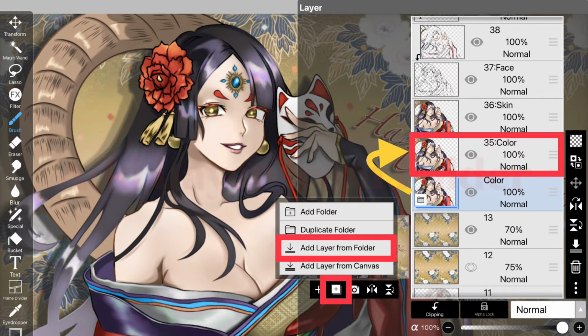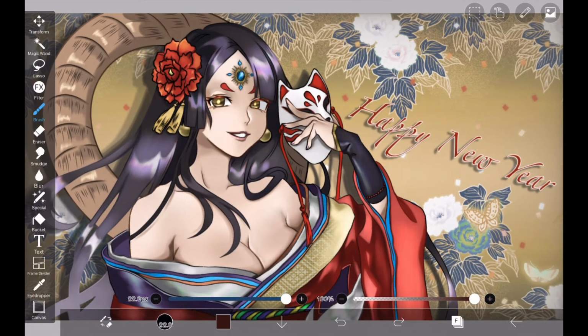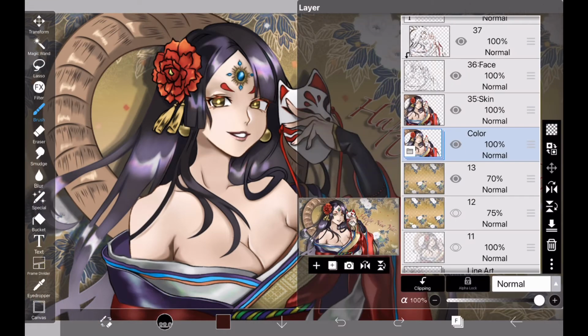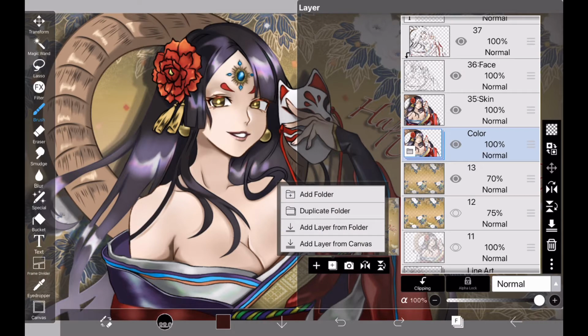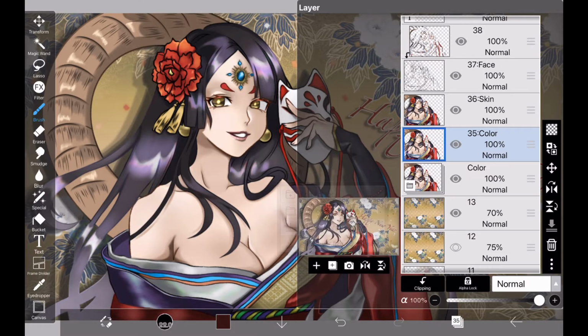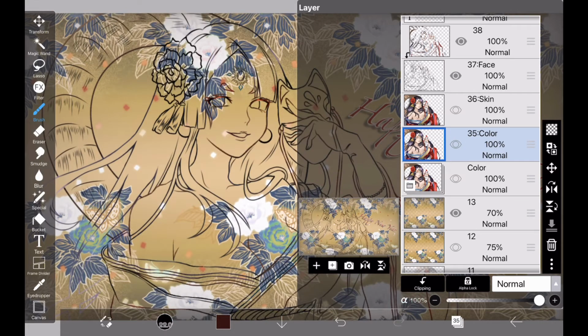First, select the folder you want to fully combine. Then open the layer window and select Add Layer from Folder from Add Special Layer. Then, you will have a layer that fully combines the content of the folder. If I made too many layers in the folder, it's hard to find the part I want to change or art. In that case, it will be faster to edit the layer that fully combines the contents of this folder.